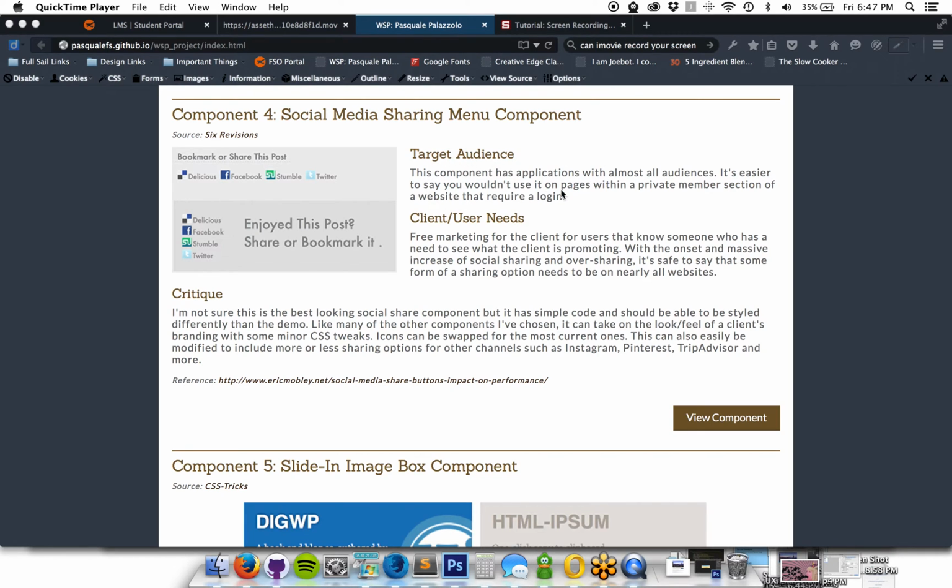Target audience for this, again, it's basically all audiences. When you've got a client that's promoting their hotel or promoting their photography business or something, it's as good as word of mouth. If you're sitting in a restaurant talking to a friend who has a back problem and like, oh, I know a great spine surgeon,